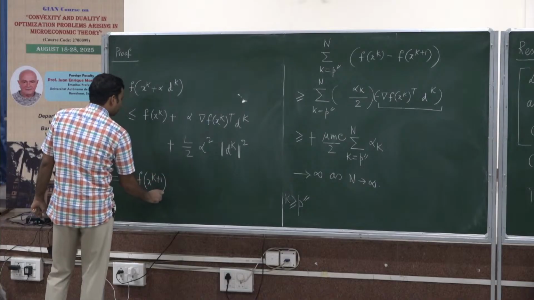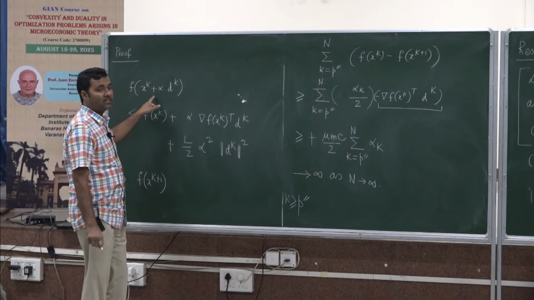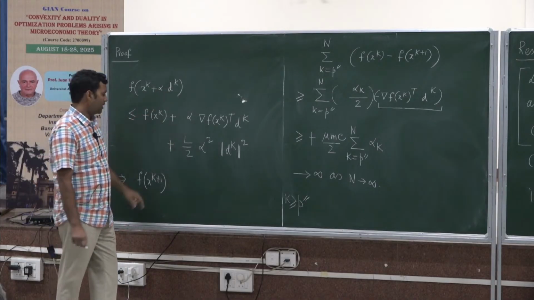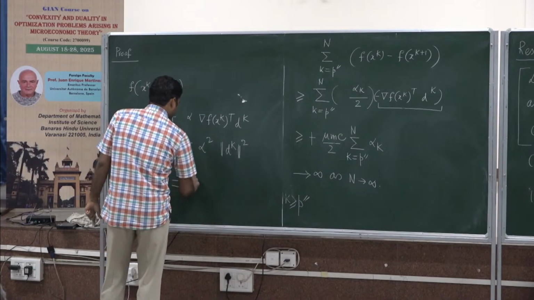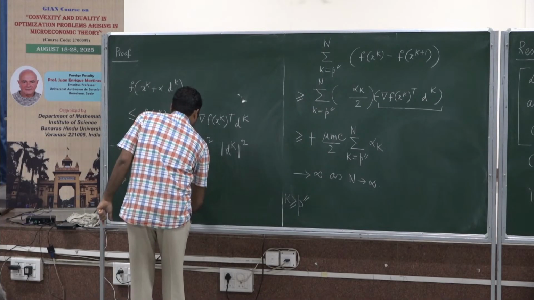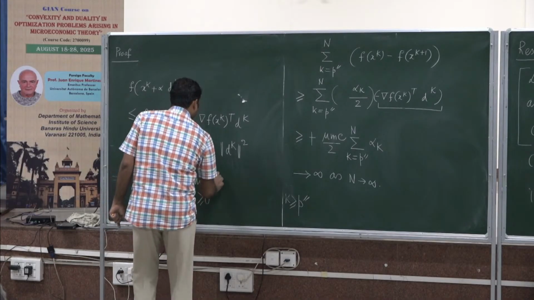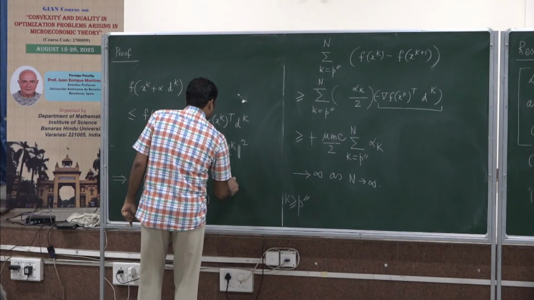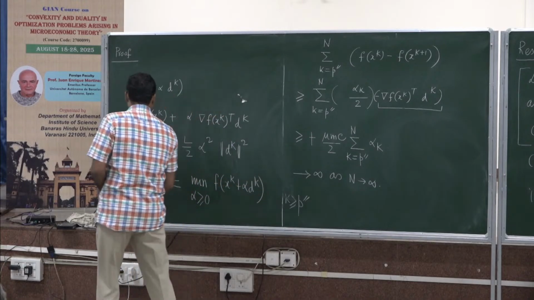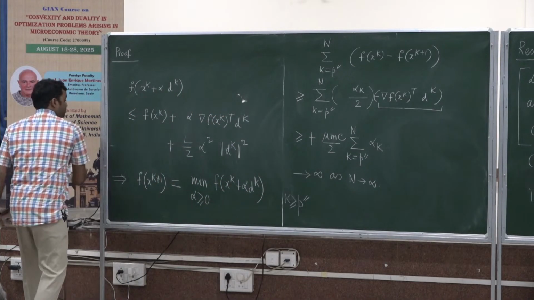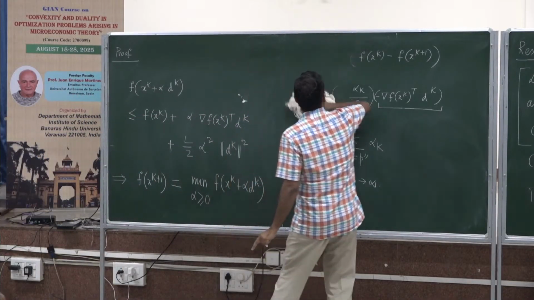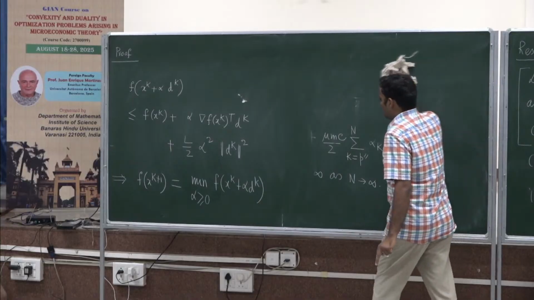f(xk+1), which is f(xk + alpha k dk). Alpha k is chosen by the exact line search. That means it is nothing but the minimum value over alpha greater than or equal to 0 of f(xk + alpha dk). And then in this inequality, I can employ the minimum on both sides, and I get